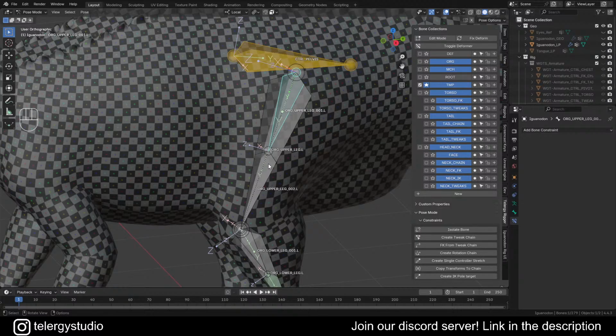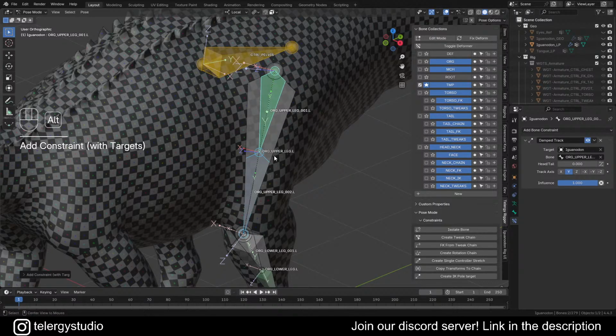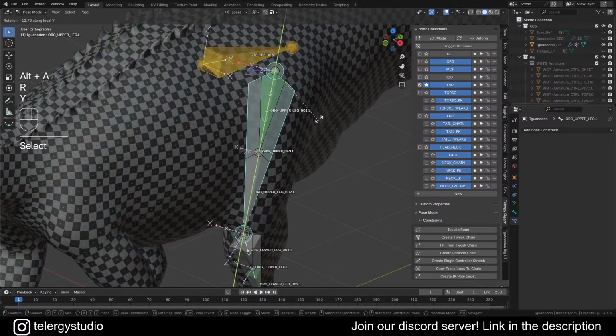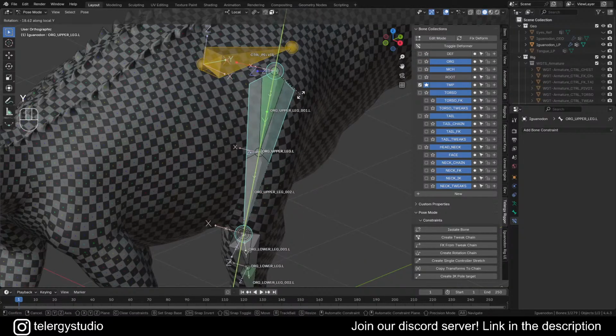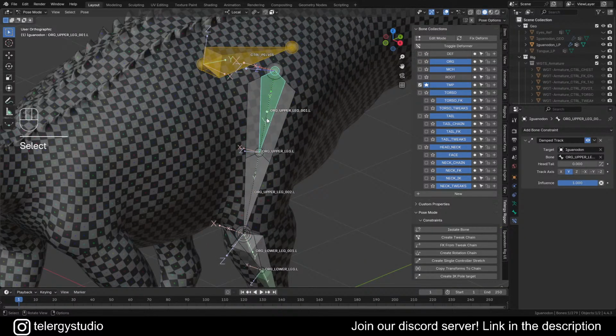Then, let's see, I want to not copy the rotation there. For that, I know I'm gonna need the dump track. So we're gonna have something like this, and now if I rotate it, okay, that's kind of good,